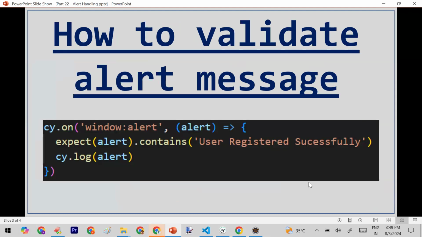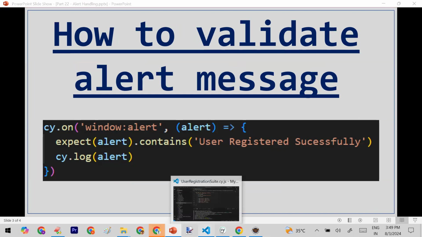So it means if you want to handle the alert box, you don't need to do anything in Cypress. But if you want to validate the message, you have to use some events here. And what is that? You have to use cy.on. Then I can validate. So let me show the code for that. I will simply write